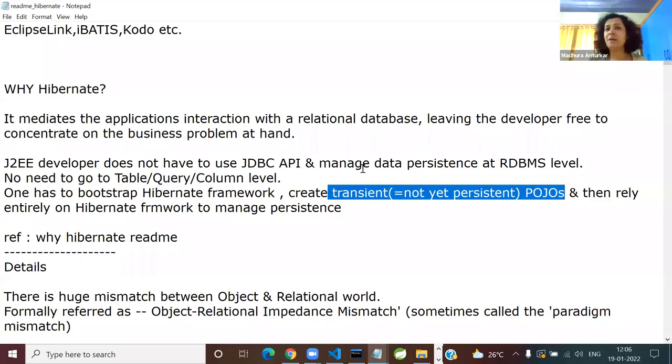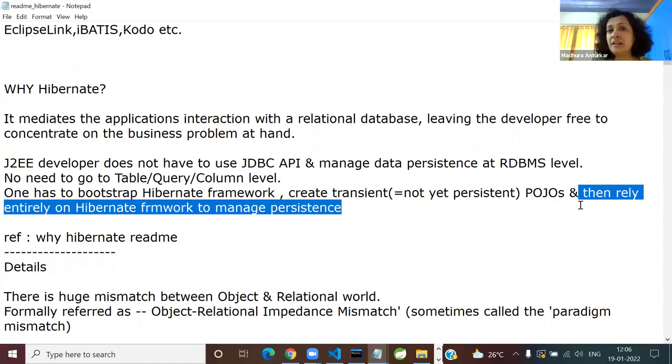All this terminology will become clear over time. And your Hibernate is going to take those transient entities, transient POJOs. Transient means not yet persistent. And per transient POJO, what does a particular POJO instance refer to? Column, row, or table in a database? What is an entity or POJO instance? What does it represent? A row. So you will see the magic of Hibernate, which you will see in a couple of minutes. If the database table corresponding to the POJO doesn't exist, automatic table creation will happen and a record will be